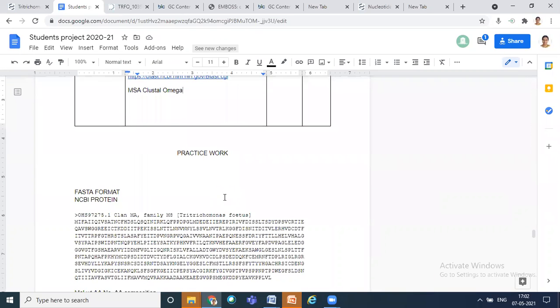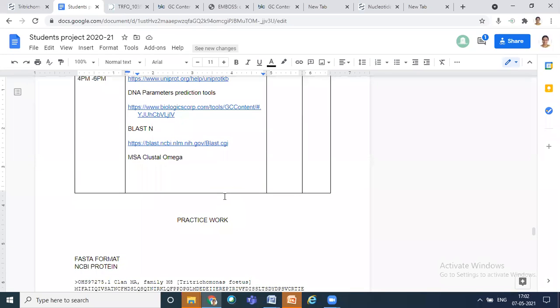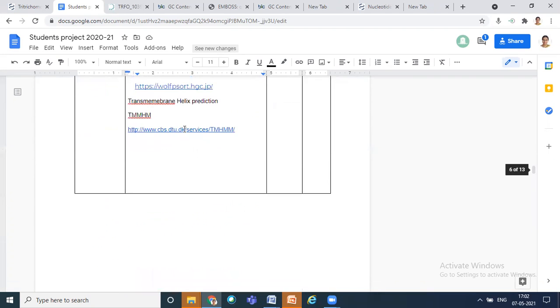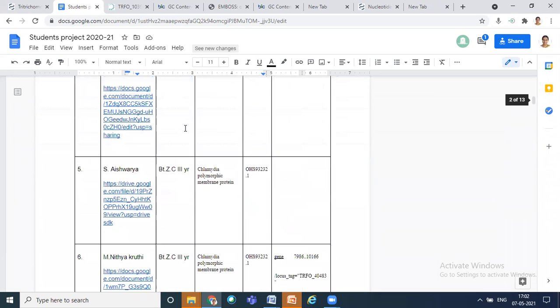Then from the genome sequence, you have a tool called ORF finder. How you can find from which region to which region is your gene, that also I will tell you in the next session. Okay. So now I will give you your... Ma'am, yeah, tell me.